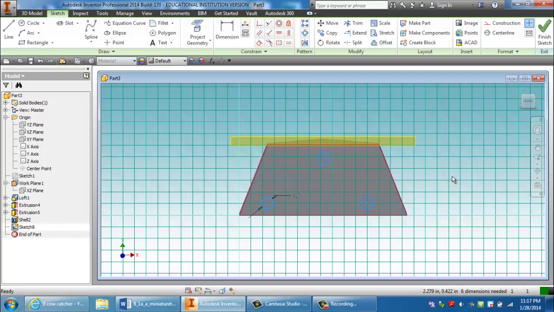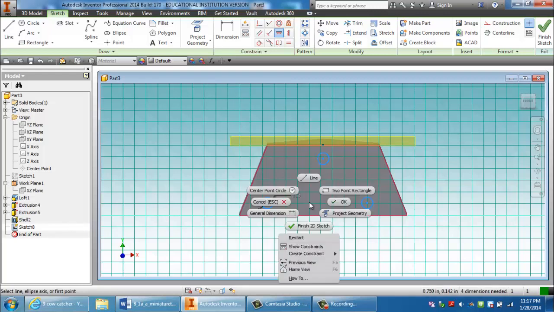We'll go ahead and dimension more. We will get a vertical constraint, center of the circle to the green point. And these 2 circles, if we didn't draw them on the grid, we can go and check and level it out with a horizontal constraint.